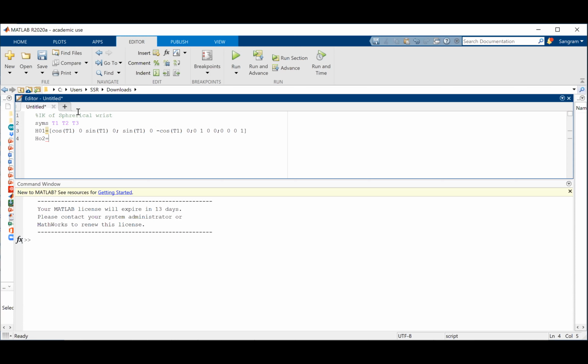H02 is equal to minus sine T2, 0, cosine T2, 0, cosine T2,